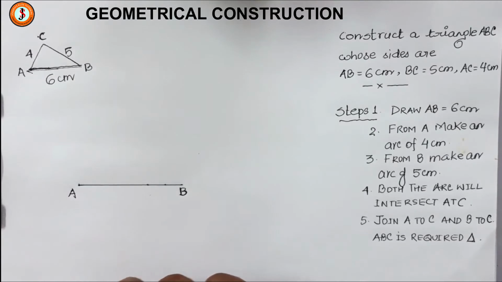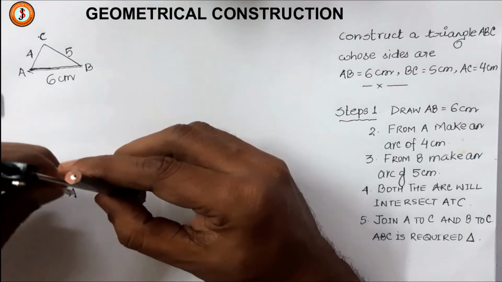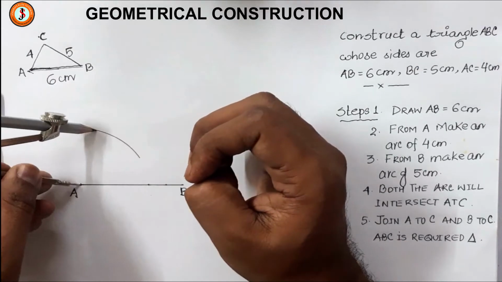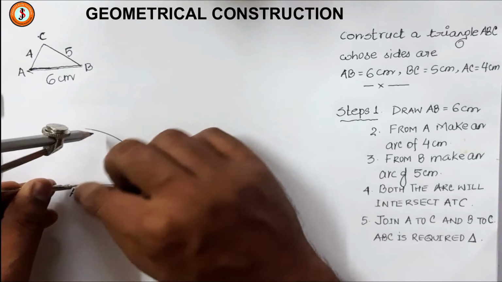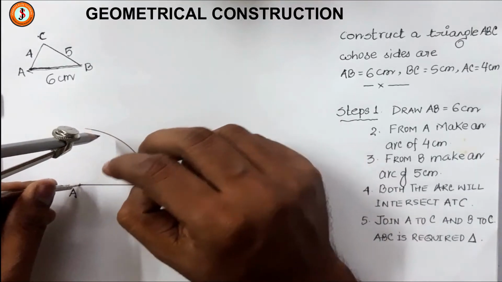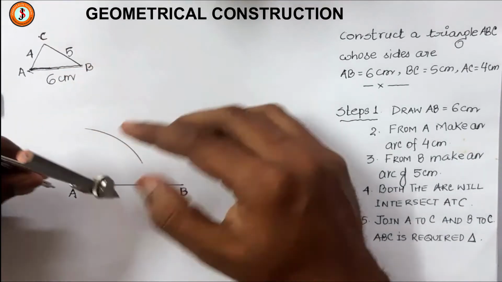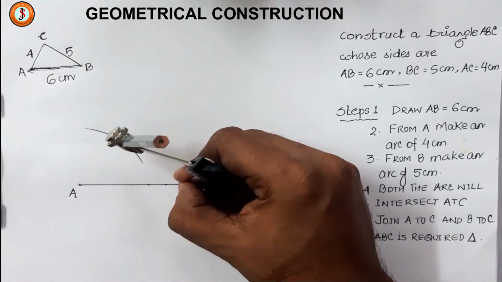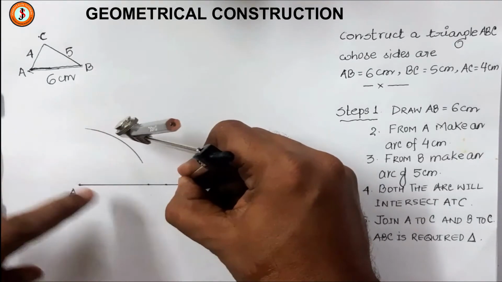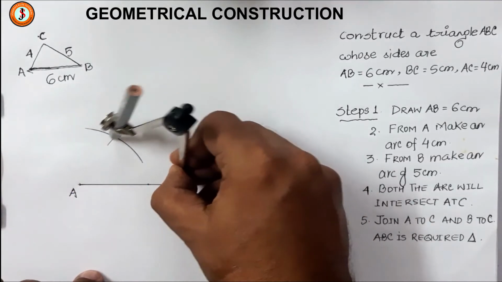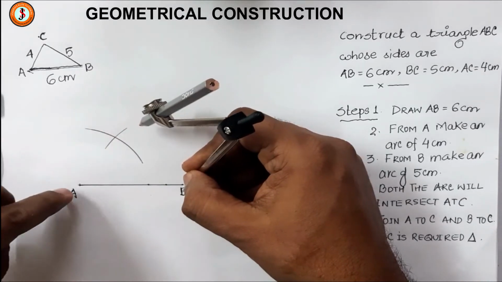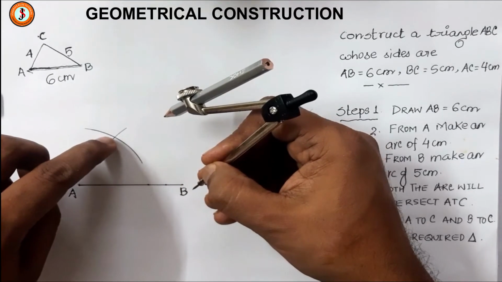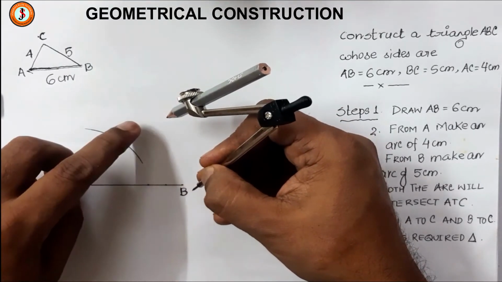Now I have to take AC as 4, so I will put the compass here and the pencil here, and then I will make one great arc over here. That is, these all will be at distance 4 from A. Then I have to take 5 from B. So first I will measure 5. I have measured 5, then I go to B, and all the distances which this tip will move from B will be at 5. So this point is common, which is at 4 from A because it lies on this curve, and it is at distance 5 from B because it lies on this curve.